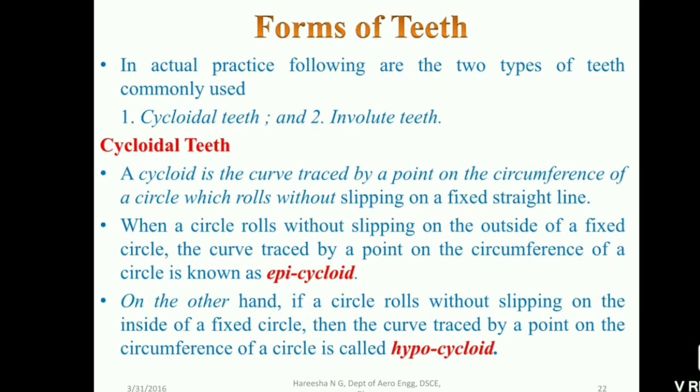Then the teeth. Regarding the teeth, you can make the teeth in two forms. One is cycloidal teeth, another one is involute teeth. If you have studied the cycloid and involute in your first-year engineering graphics, it will be easier. So nothing much to study here. Just keep in your mind that teeth may be generated in two types, cycloidal or involute. Cycloidal were the first made teeth. There are some disadvantages for cycloidal teeth, as the slipping occurring in cycloidal teeth is more when we compare to the involute. That's why nowadays we are using involute teeth for manufacture of gears.